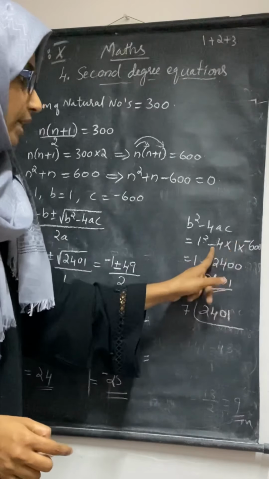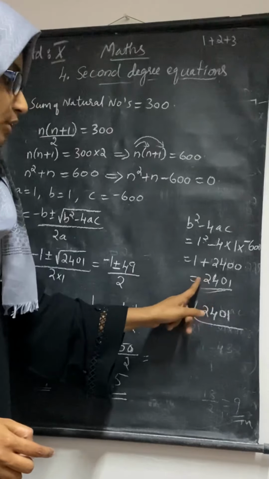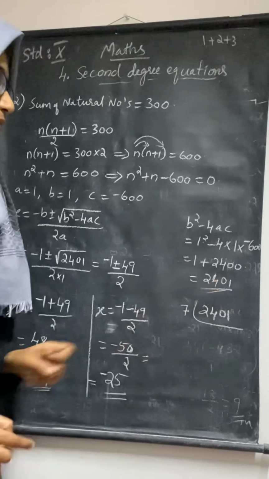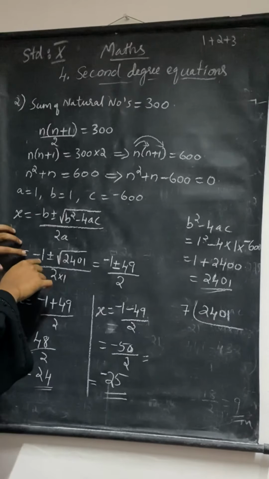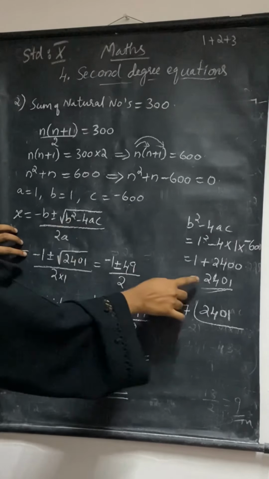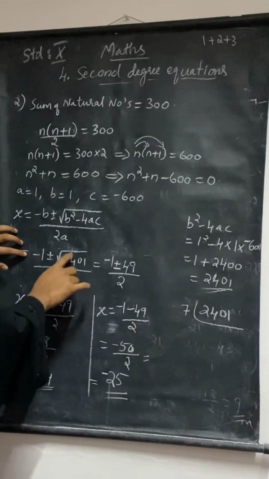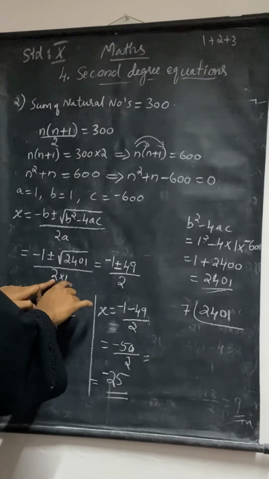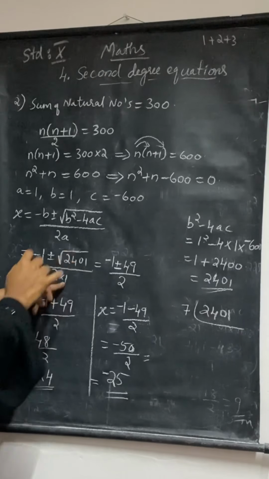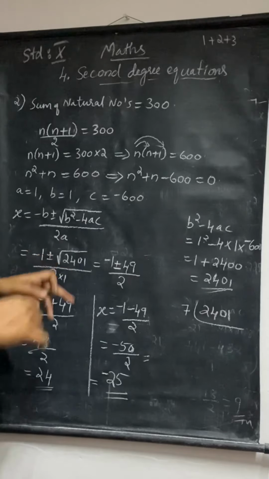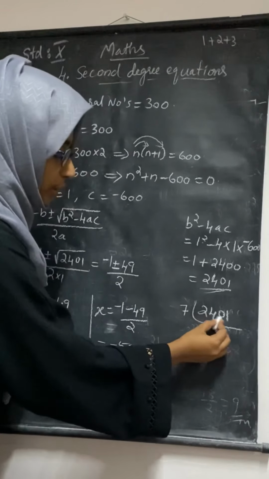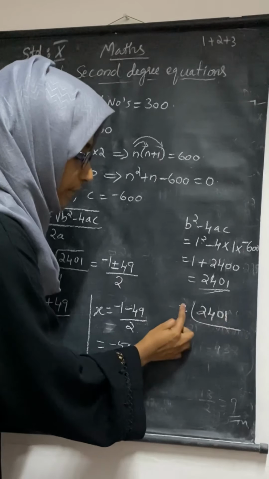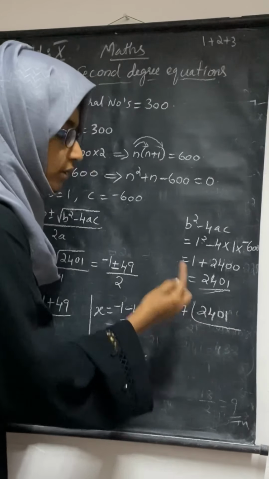So minus minus becomes plus here, giving 2401. Now put here: minus b is minus 1 plus or minus the square root of 2401, divided by 2 into 1. So how can you get this square root? We have to do it by LCM. And for 2401, if you take any other number, 2 or 3, 4,